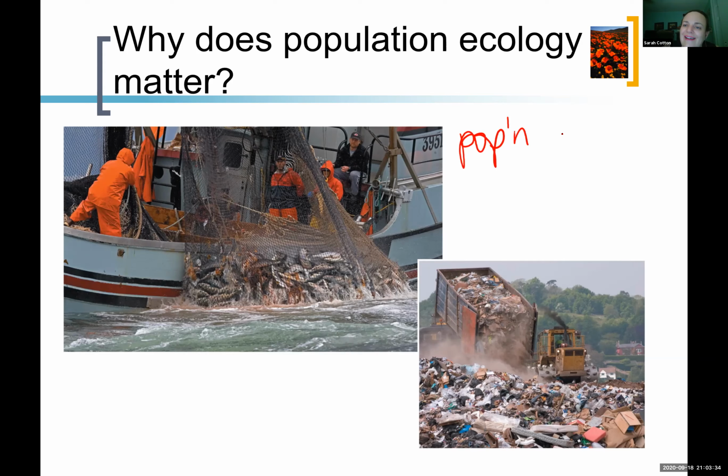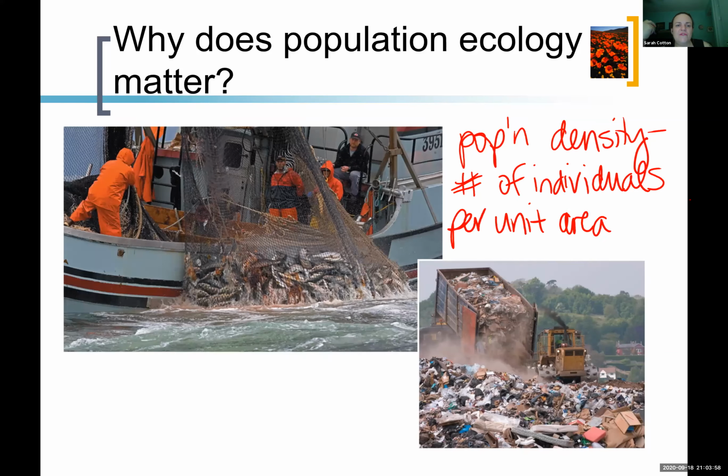Population density is the number of individuals per unit of area or sometimes volume, right? So if you were